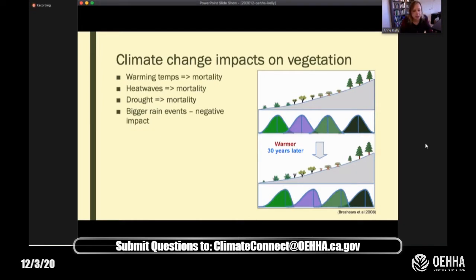So I found that for these major species over those 30 years, the plants at the lowest, which are the hottest and driest elevations, died back. And the plants that were at their upper elevations within their range were thriving and filling in. As a result, we saw an upward lean in the distribution of all the plants along the mountainside. And that lean corresponded to the warming and drying climate trend over those 30 years.